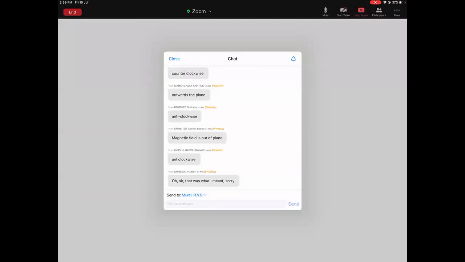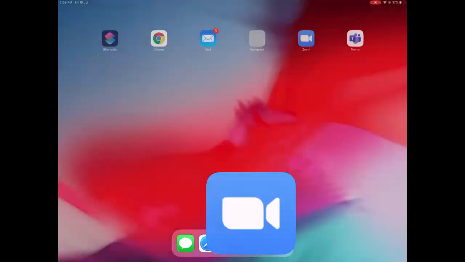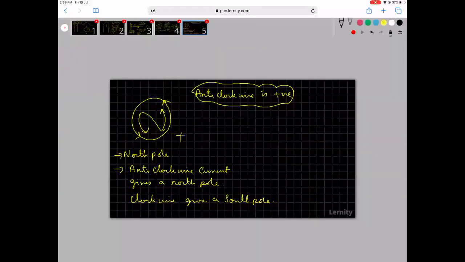Now, this is a very, very important law in physics. Look, you have a wire this way, and you are observing it from this side. Somebody else is observing it from the other side. So what will you see? Suppose you see clockwise. What will the other person see? The other person on the other side will look at it as anti-clockwise. That means this side is a south pole. That means this side is a north pole.